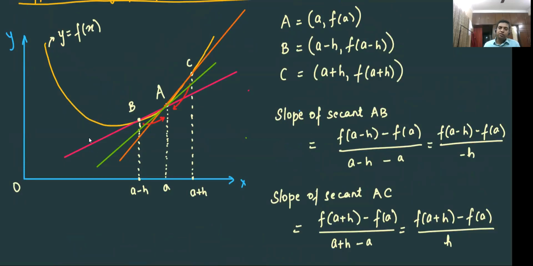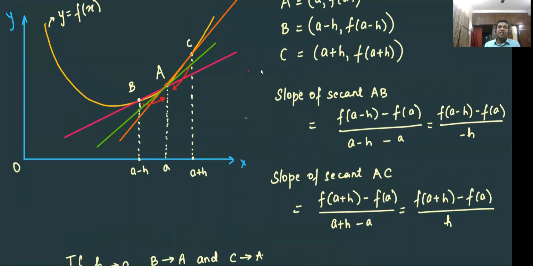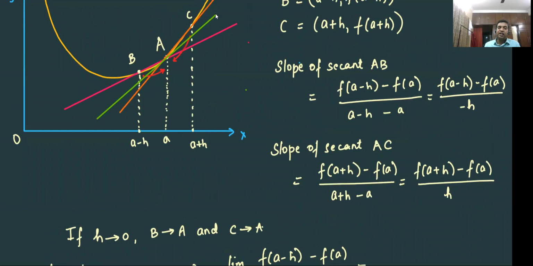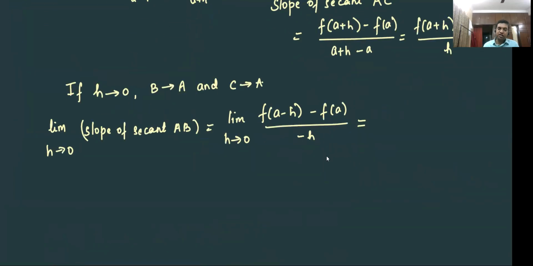Now you observe this. So initially this was the slope of this line AB. Now as B tends to A, this point B almost coincides with A, but B is on the left of A. So you get this as the slope of the tangent. Now this line becomes the tangent. So as h tends to 0, very important, this slope is the slope of the tangent